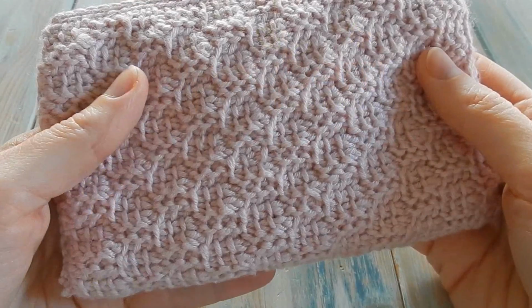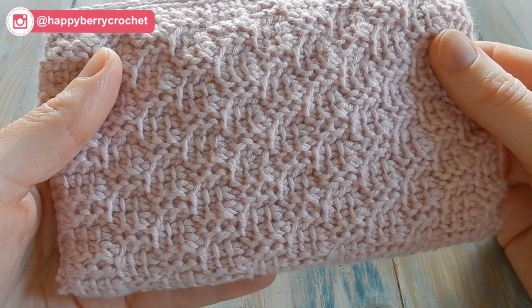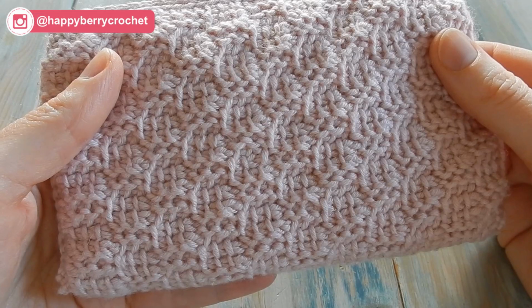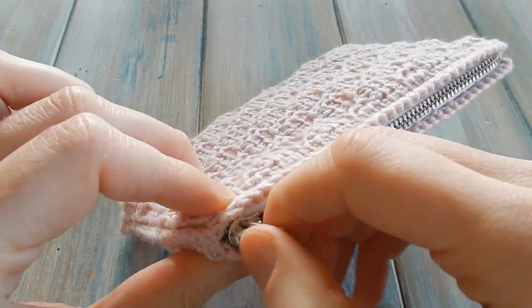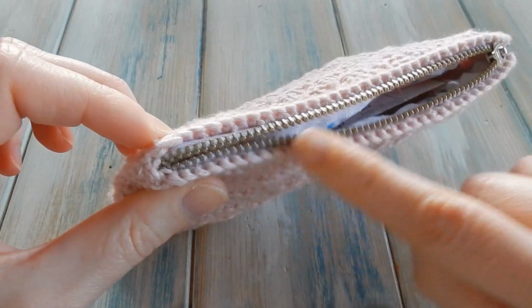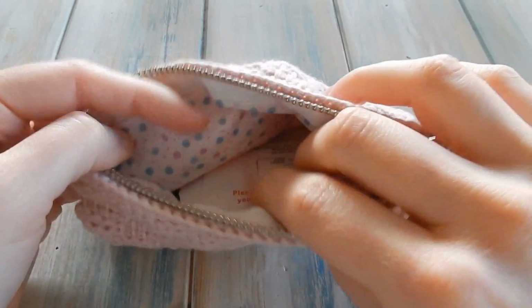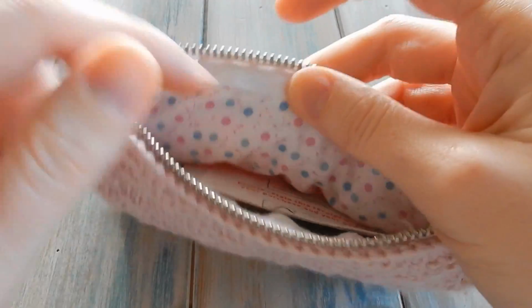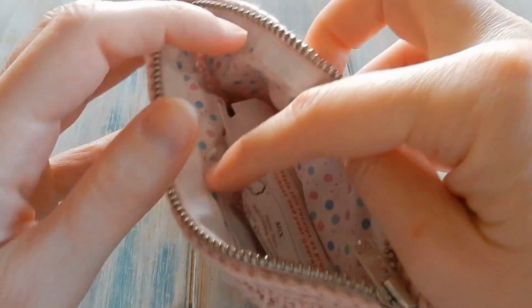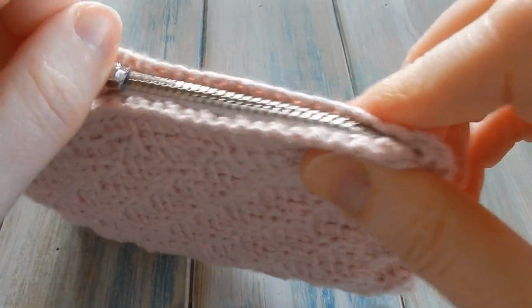So in today's tutorial, I'm just going to show you how to do the basket weave Tunisian crochet stitch, and then over the next few weeks I'm going to show you how to turn it into a little zipper bag like I've got here. So I'm going to show you how to crochet in a zip, crochet not sew. And also we'll have a look at lining the bag as well. I'm hopefully going to improve on some of the techniques that I've done, as I've discovered a few problems along the way. But today I'm just going to be showing you how to do the actual